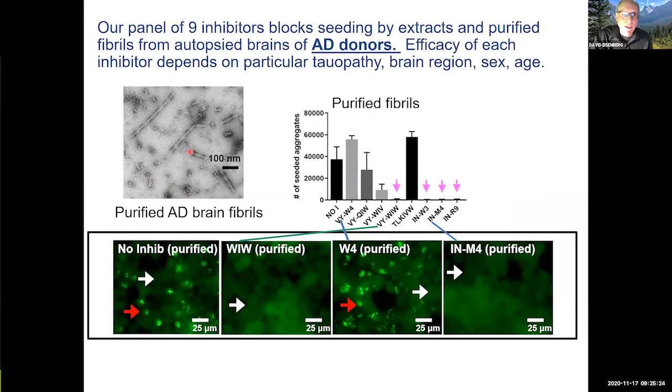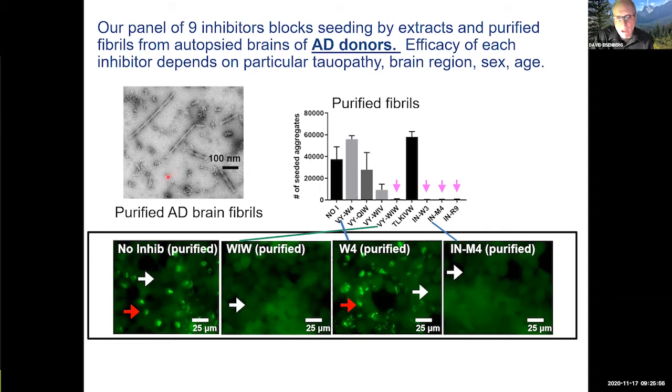Here's an example of this work of postdoctoral fellow Paul Seidler. Here are fibers that have been extracted from an autopsy brain of an Alzheimer's patient. They always look the same. They are the paired helical filament structure I showed you before. And here they are added to the biosensor cells, and you see the puncta that form. The white area shows a cell that doesn't have puncta. If we incubate